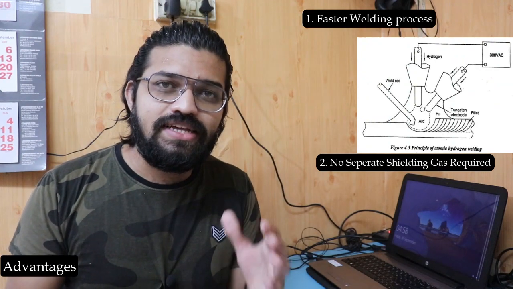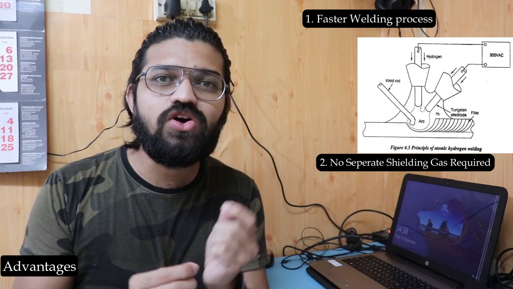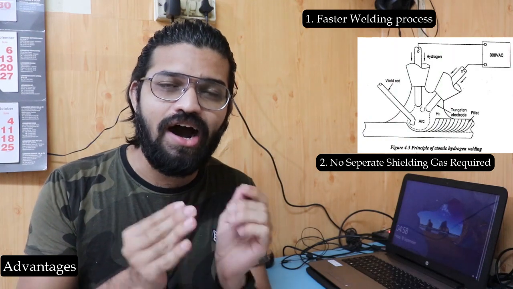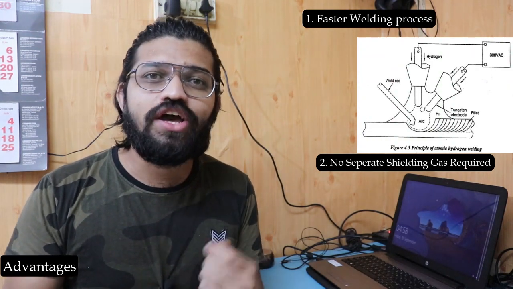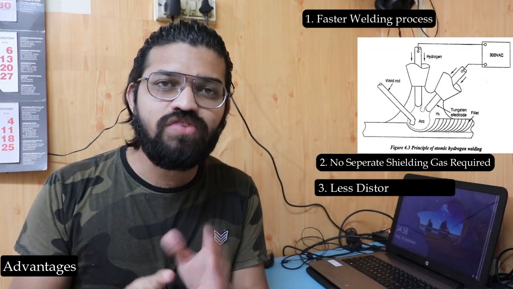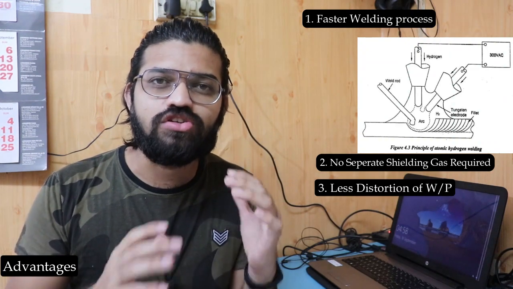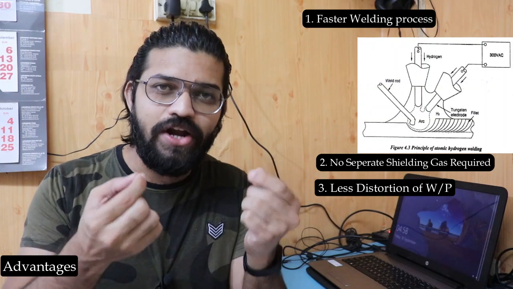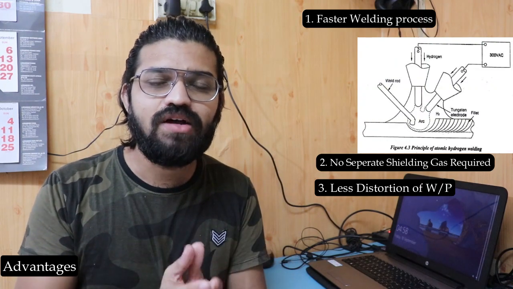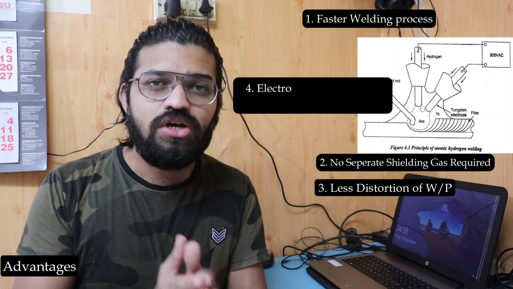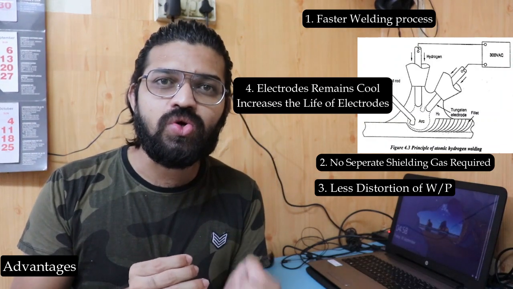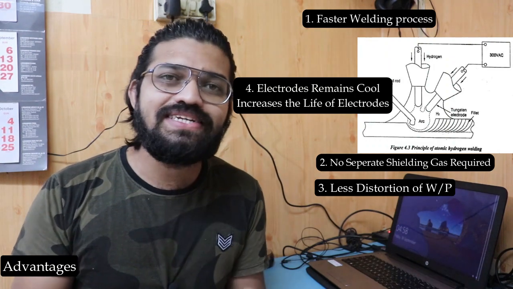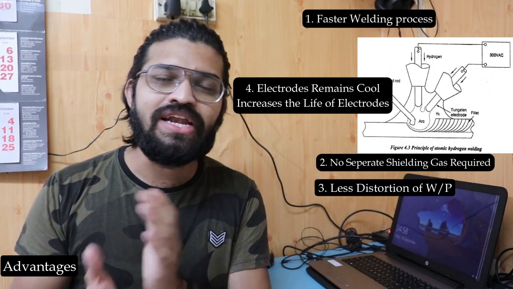Over here in this type of welding process, a highly concentrated flame, or a highly concentrated arc, gets obtained, so there is very little chance of distortion on the surface of the workpiece. While carrying out this particular welding process, the hydrogen gas is passed between the two electrodes, so the two tungsten electrodes remain cool, which ultimately increases the life of the electrodes.